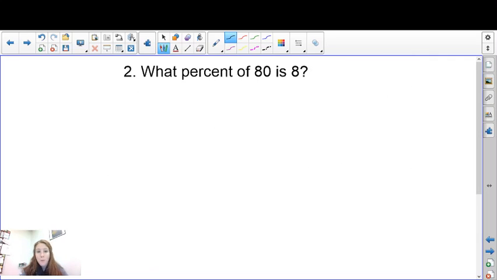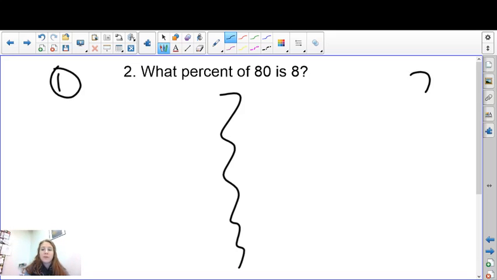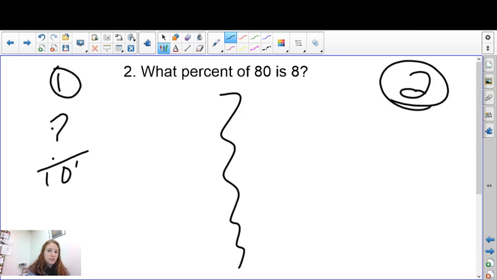Number two, what percent of 80 is 8? Again, I know some of us like method 1 and some of us like method 2, so we do method 1 here, method 2 here. So we have what percent, so what over 100 is equal to,